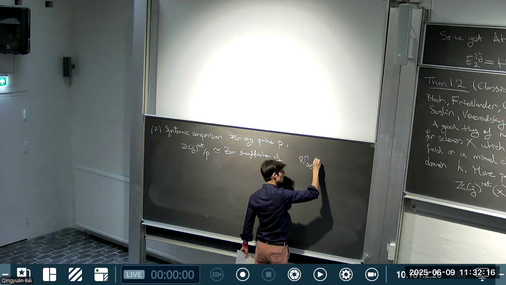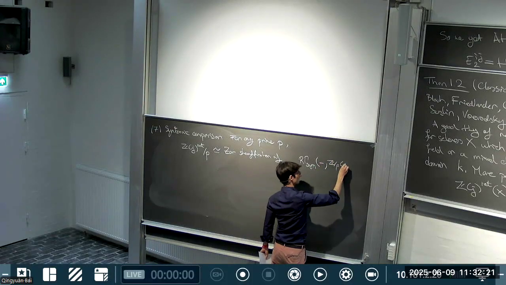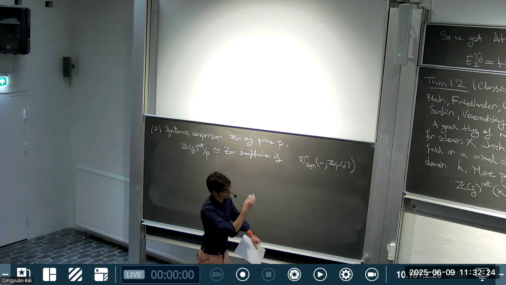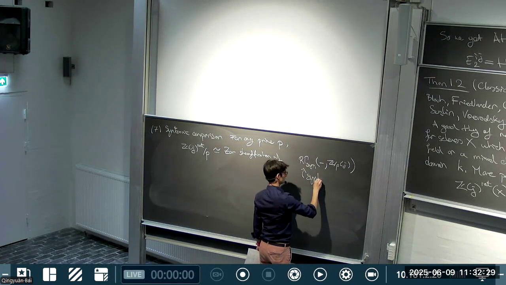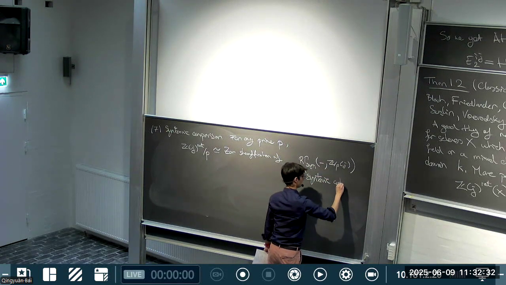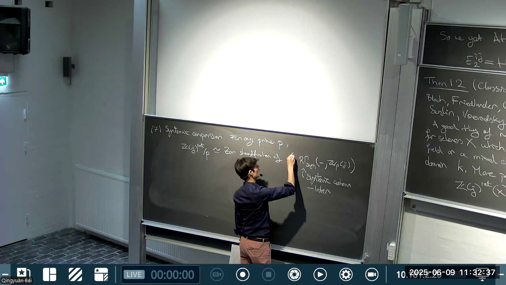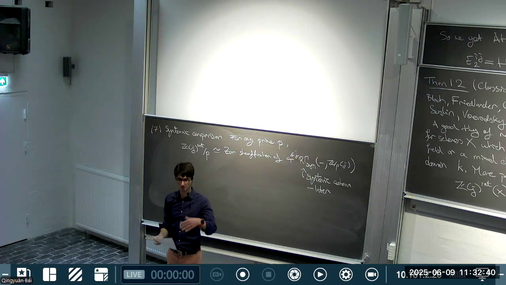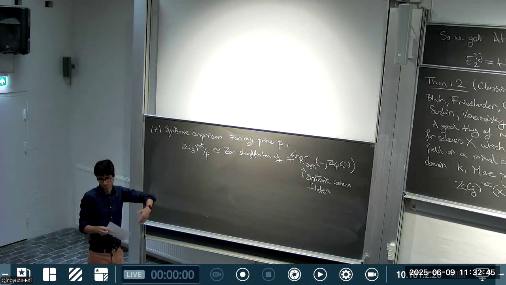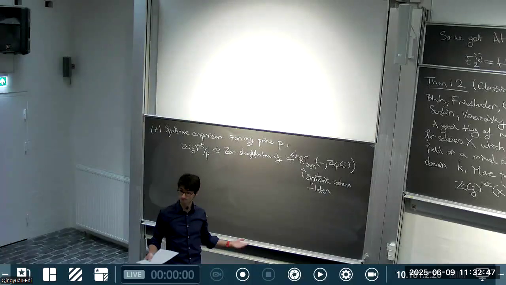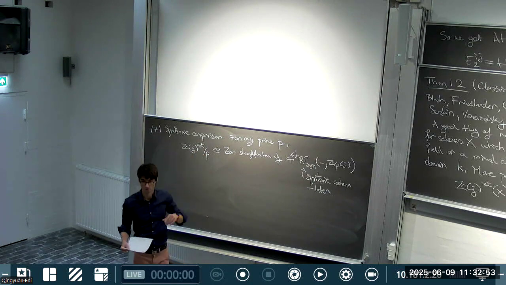And this time we take syntomic cohomology, again with mod p coefficients and some appropriate notion of twist. And this again is something that we need to discuss later. And we play the same game as we did in the case of the étale comparison. We chop away the information above the weight, and we sheafify the rest. And that's then again a precise description of the motivic cohomology mod p.